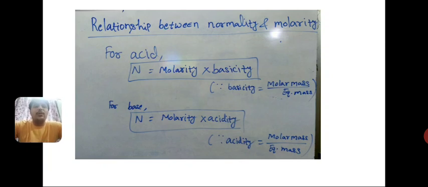Here are only two components. So after finding the mole fraction of one, we can simply find the mole fraction of another, just subtracting the value of mole fraction from 1. So I hope you understood the importance of all these definitions, right? Otherwise you are not going to solve a numerical in an easy way.